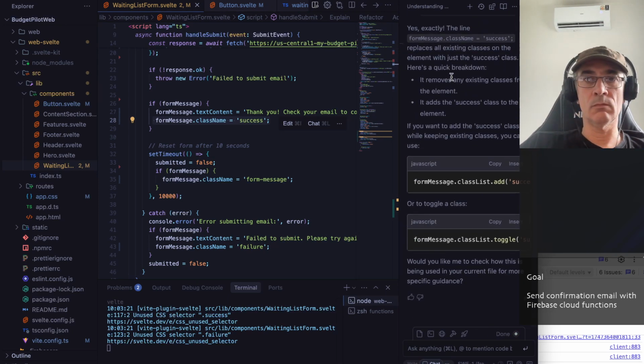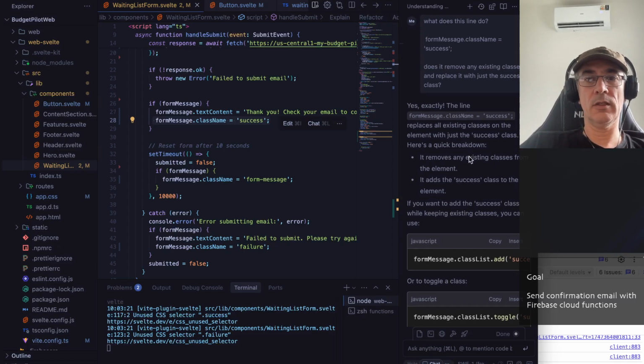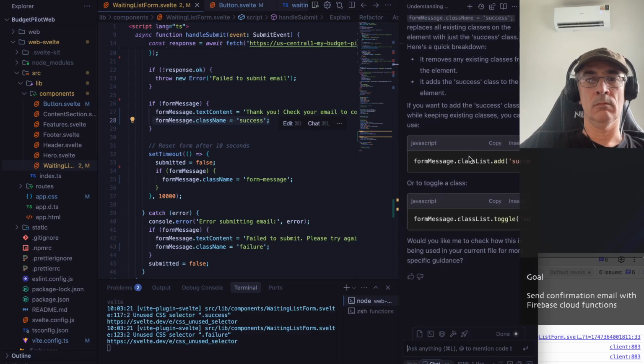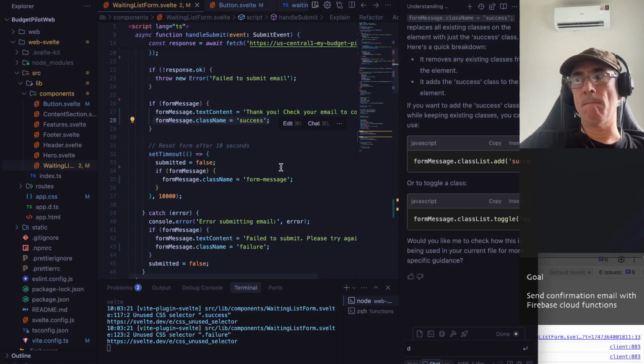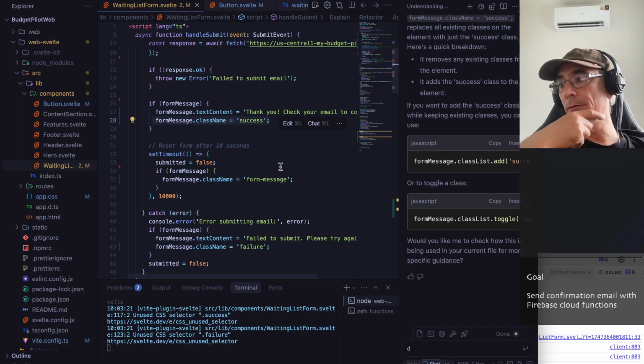Exactly. The line replaces all existing classes on the element with the success class. If you want to add or toggle. However, if we use toggle, we have to be very careful about